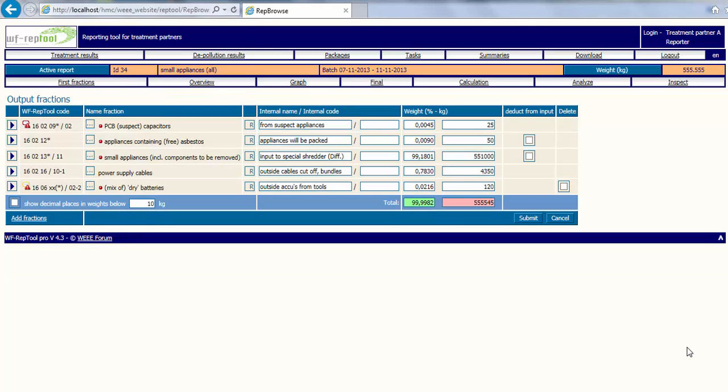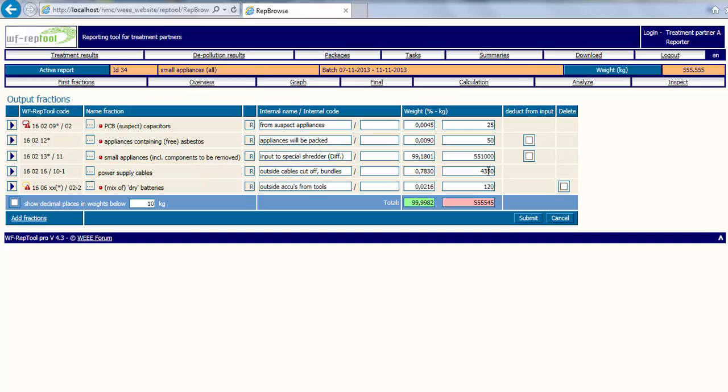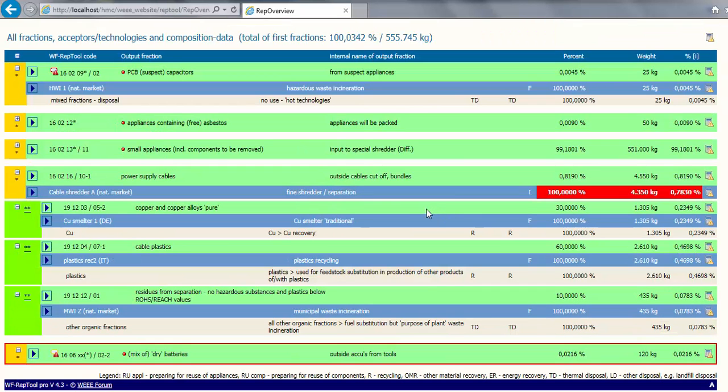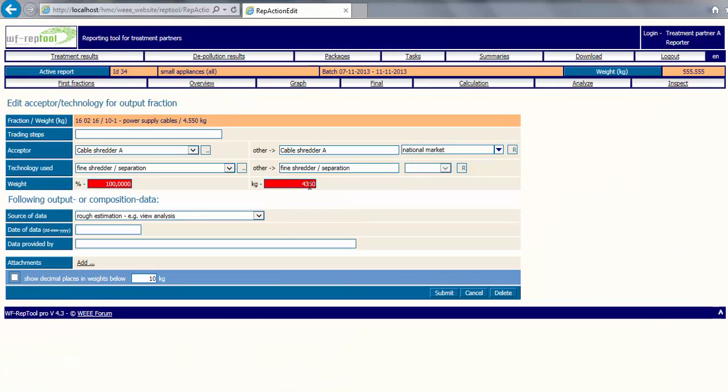Another case, in another example, is if you change the weight for a fraction being delivered to an interim technology. Let's choose cables and change the weight of cables achieved. Approve with the submit button and go to the overview. You will see the red shade at cables. Go to this fraction. Go to the acceptor and approve that 100% of these cables are delivered to this acceptor